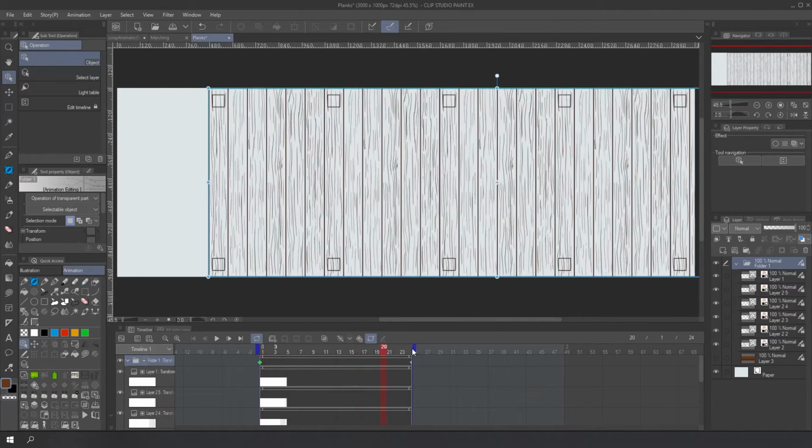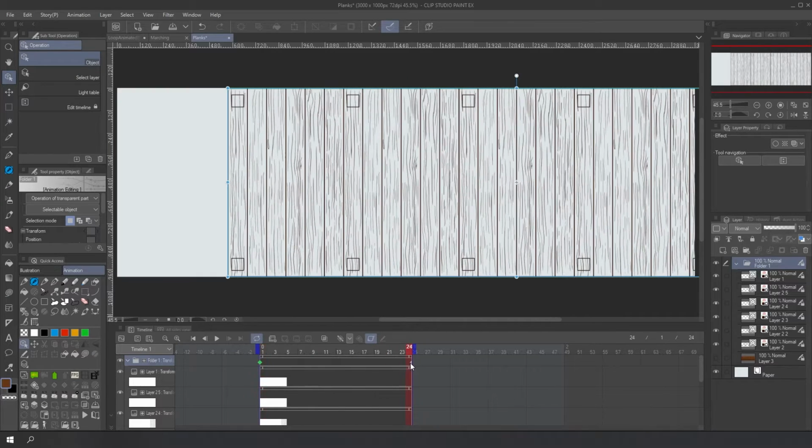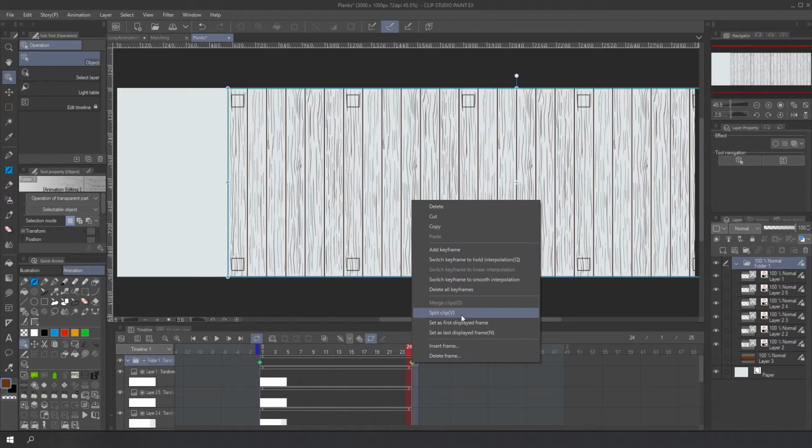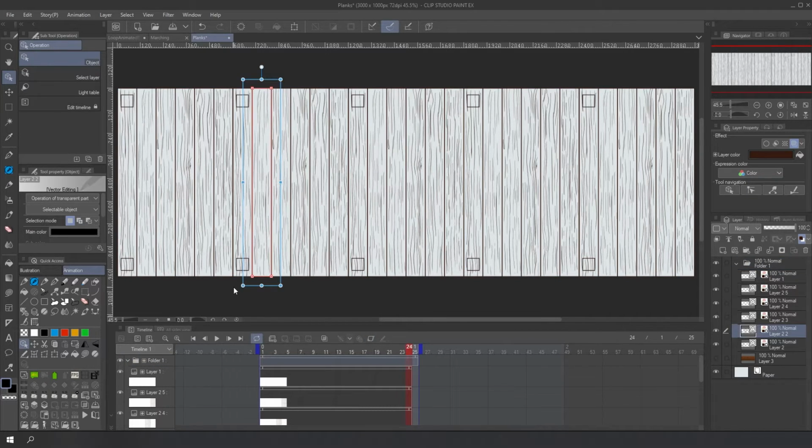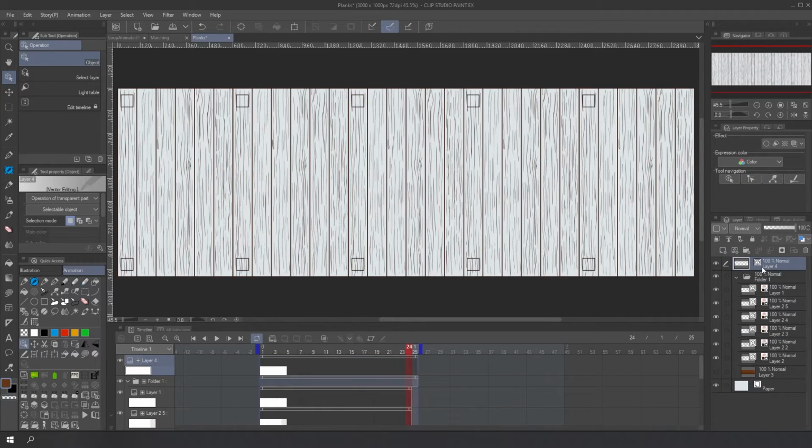I have the animation ready, but let's start again from scratch. I'm going to erase the animation, just right-click, erase all keys. Okay, now to animate the cycle, I'm going to use a reference because I need to know the end of the cycle. So I want to use this rectangle. I need to place it outside the folder I'm going to animate, and I will change the color to maybe red to make it stand out from the other drawings.